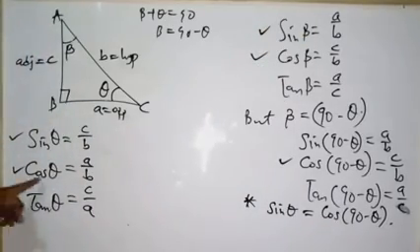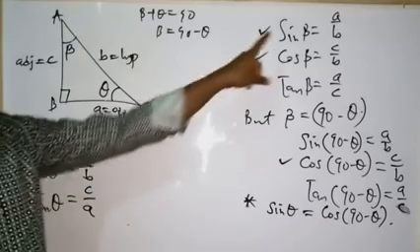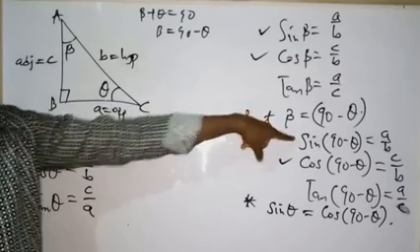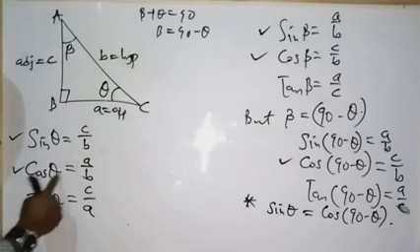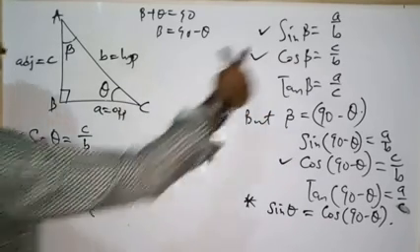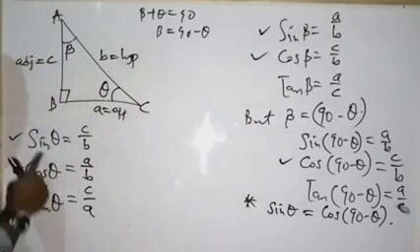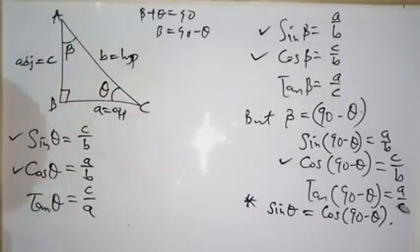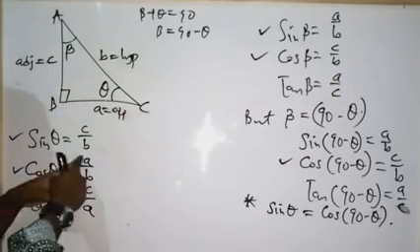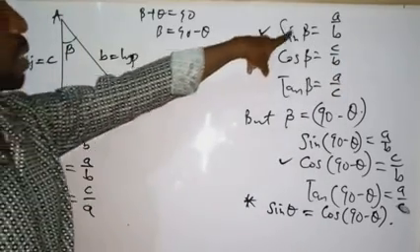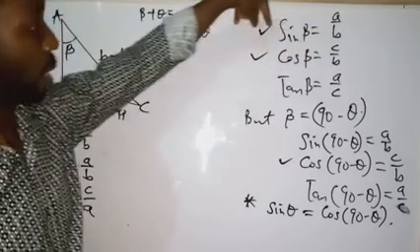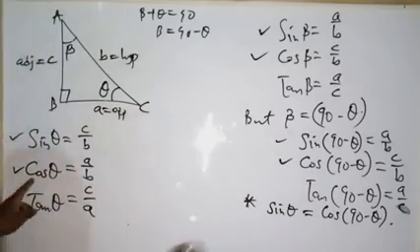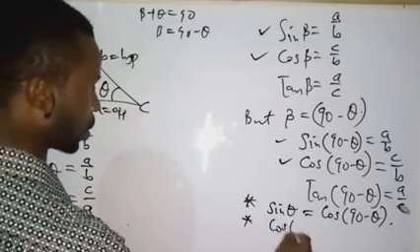You will see that cos theta and sine beta, which happens to be this, are the same. When I say they are the same, what I'm saying is cos theta is A over B, sine beta is A over B. The other one was sine theta is C over B, cos beta is C over B. That's what I meant. So cos theta equals A over B, so sine beta equals A over B, and we have said this is the same thing as this. So I can now replace it again and write cos theta equals